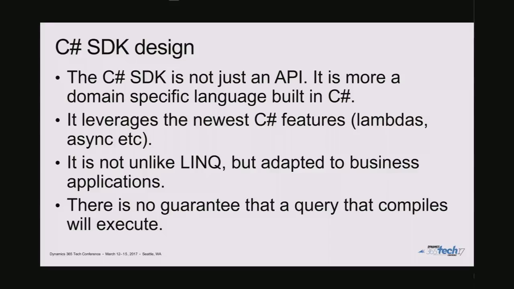Now, I have said that all this is good, of course, but there is a downside. When you write your code, you may end up in a situation where the code compiles, but your query doesn't run. We have limited that opportunity to as narrow a sliver as we can, but the compiler does not know what the capabilities of the backend are. If you build a LINQ query, you can do the same thing. You can build stuff where it will not actually run, but it will compile fine, because all the criteria that the C# compiler checks are true.